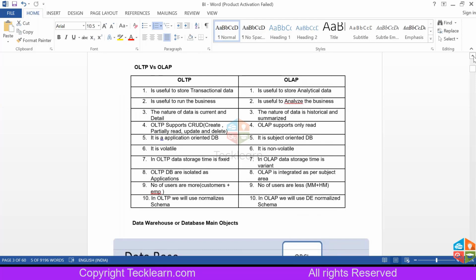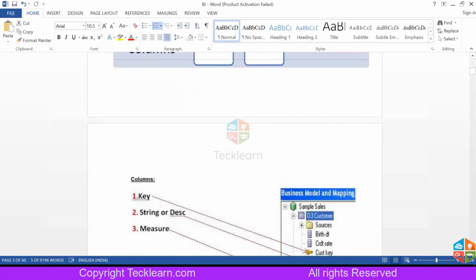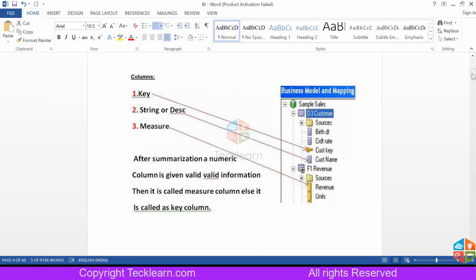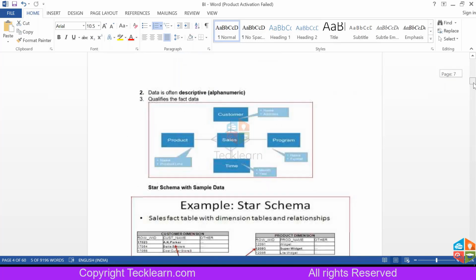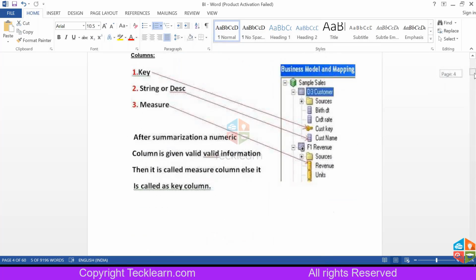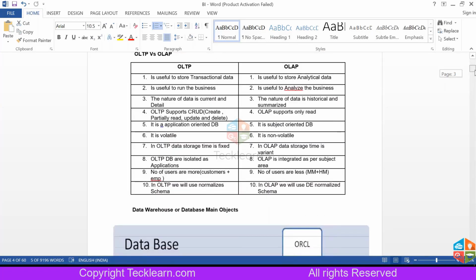The normal interview question of an OBIEE developer, if you are a fresher or so, will be normal things like when you will go for the OBIEE, or what are the differences between OLTP versus OLAP, likewise. So I have just given it step by step so that even a fresher can understand what we're going to do. But as you guys are already aware of this, I'm just skipping some pieces of it. So basically I will just show you the higher level.